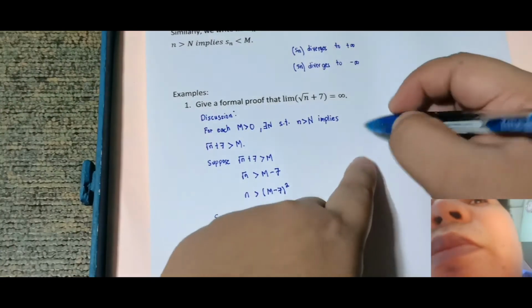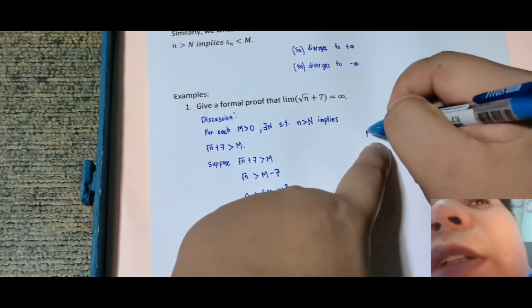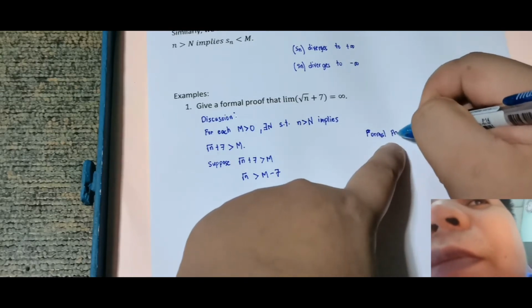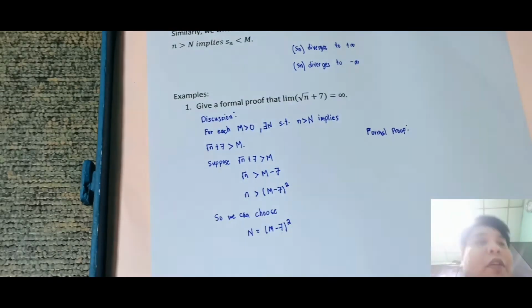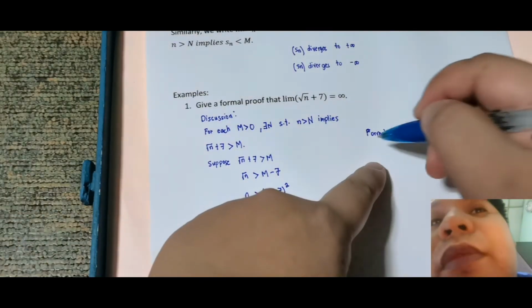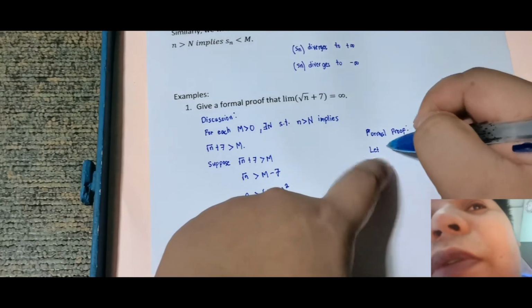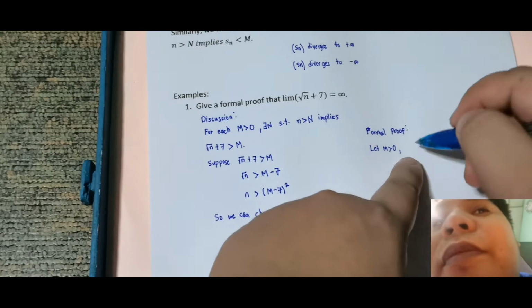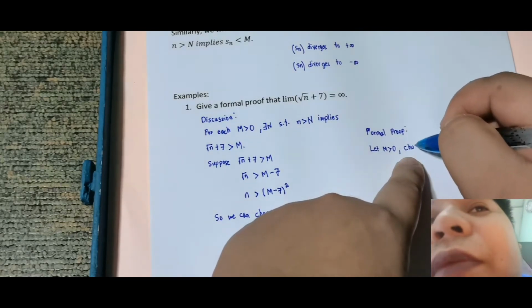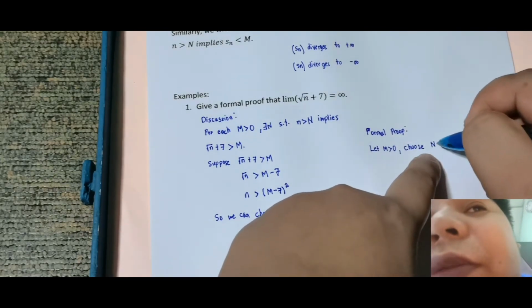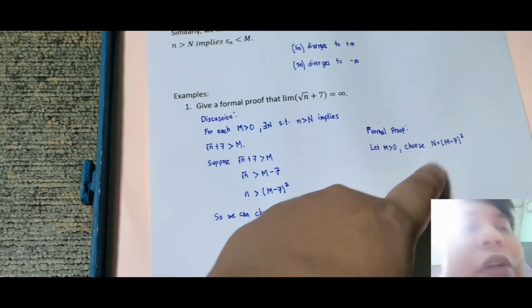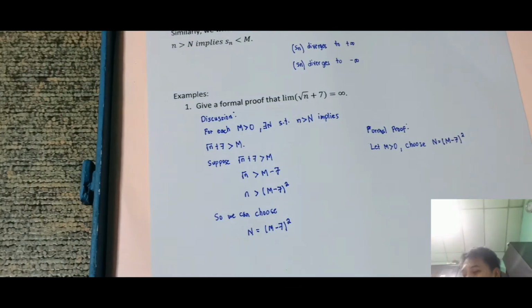Okay, so formal proof. For formal proof, lagay ko na dito. Nagkakamali lagi. Formal proof. Okay, so anong gagawin? Let m greater than 0, kasi yun naman talaga yung start. So choose N, or let N to be (m minus 7) raised sa 2, or quantity of m minus 7 raised sa 2. Then